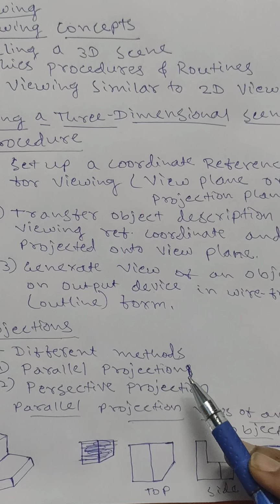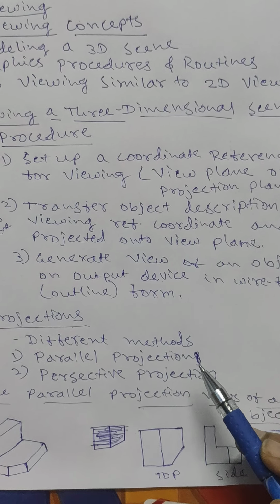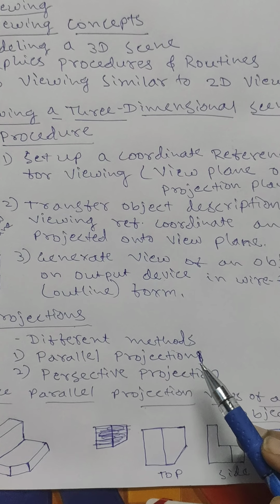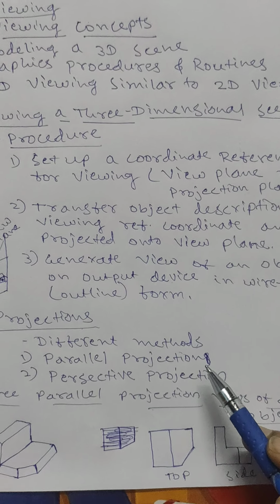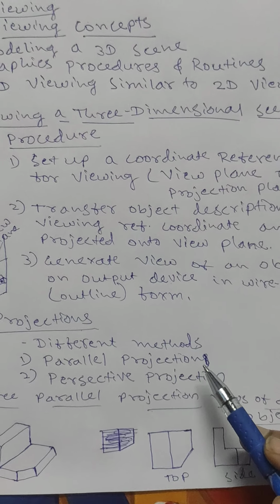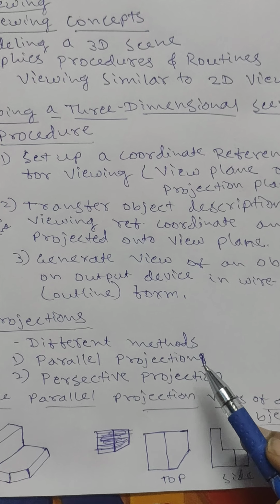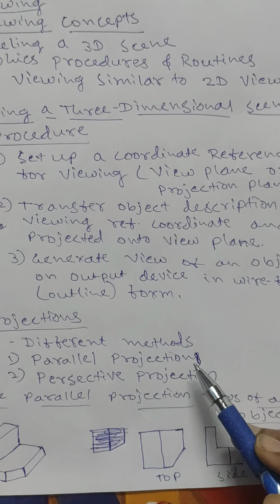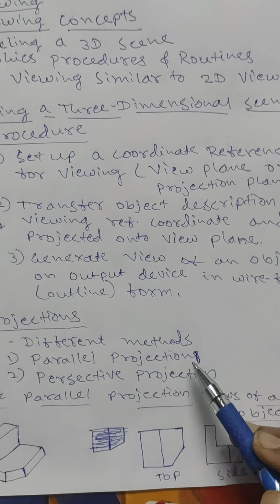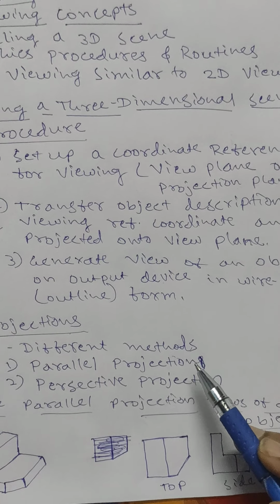So this technique is known as parallel projection, and basically this type of projection is used in engineering and architectural drawing, where the objects or the scene are represented with a set of lines which show the accurate dimensions of the object. So that is what parallel projection is. So is it